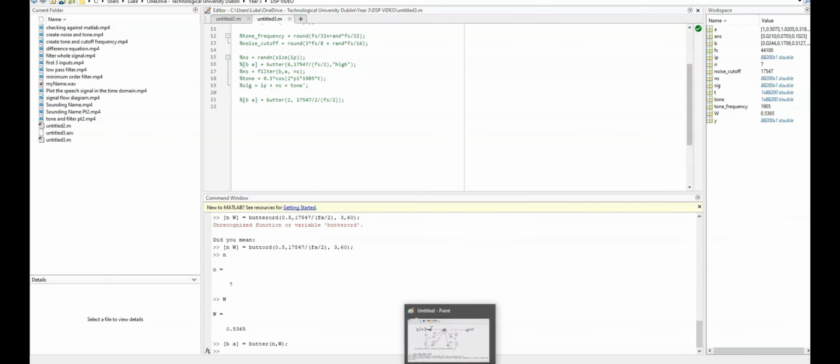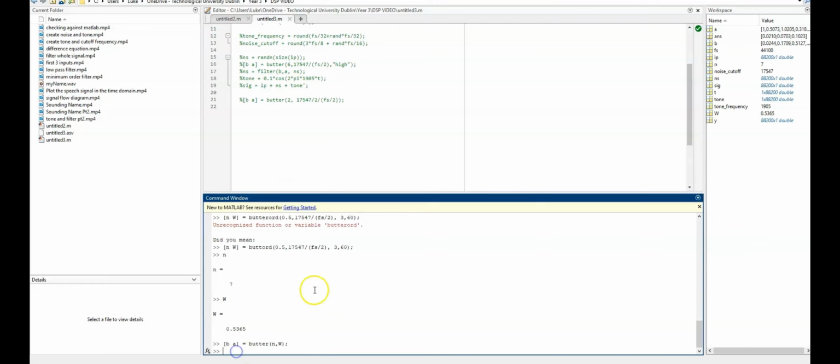Next, I will design a second filter to reduce the tone by at least 40 dB, and we're also going to ensure that that is stable. So we're going to need different coefficients for this. So we will use B1 and A1 as our coefficients, and we're going to use the butter function again, and we're going to create a bandstop filter, and we're going to try a high order filter for a sharp roll off rate. So we'll put the order in